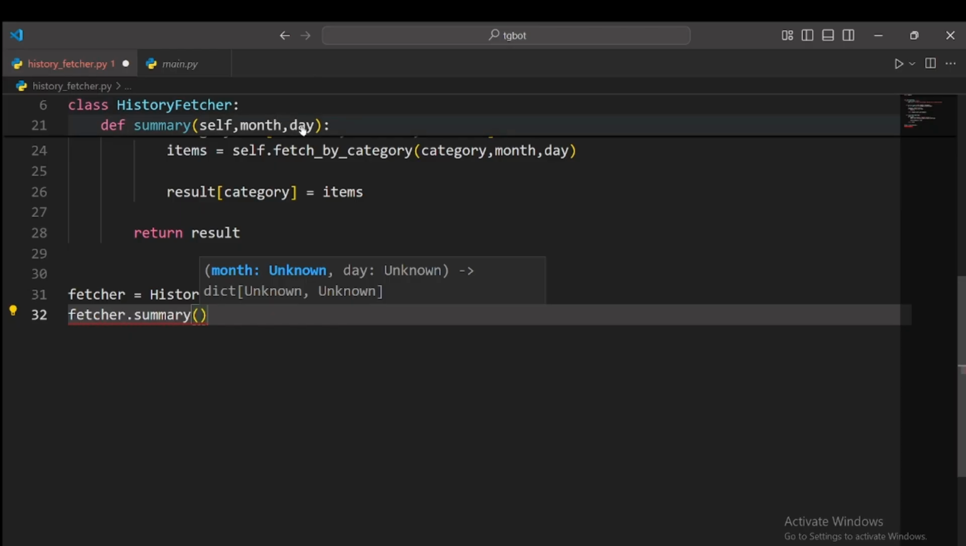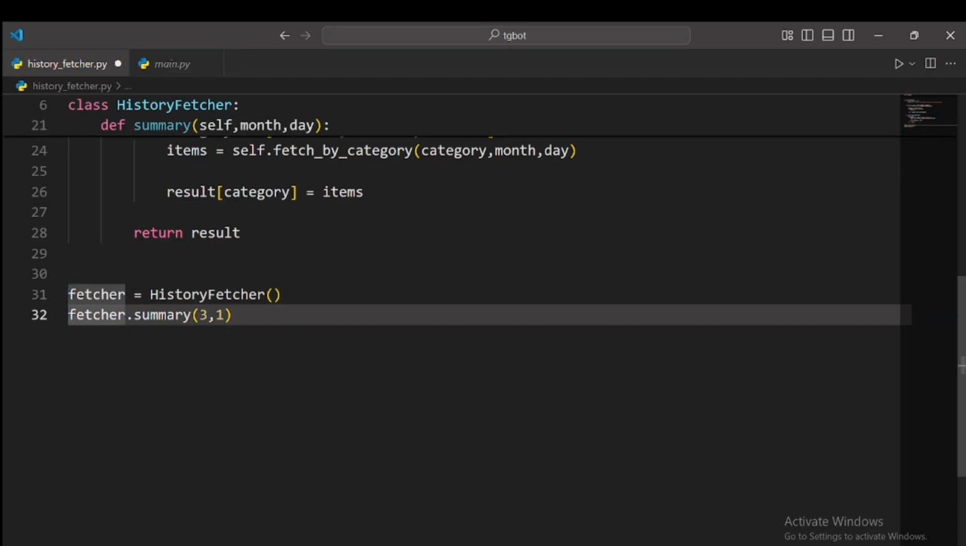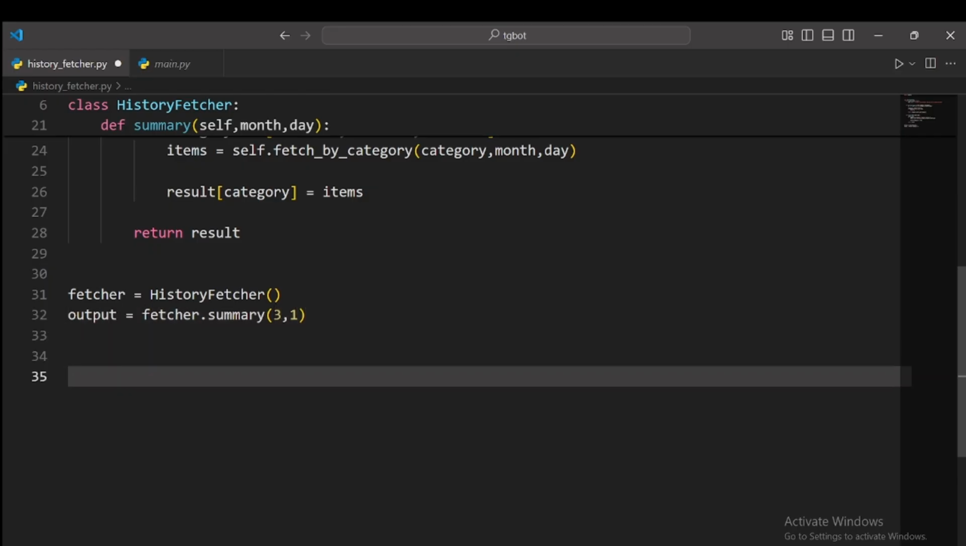We have to input month and date arguments. So let's try with 3, 1, where this is the month and this is the day. So we can use an output variable. I want to get the outputs in JSON file format. So let's do with context and then open